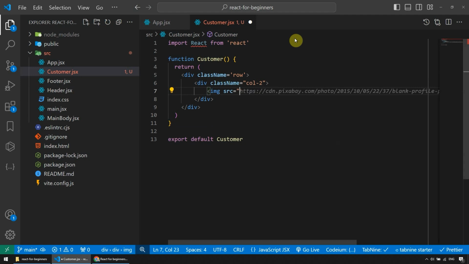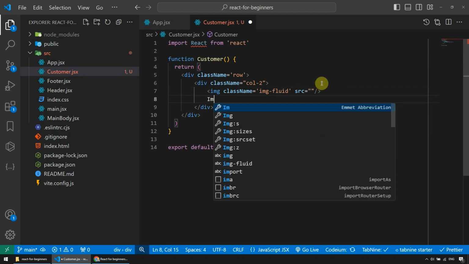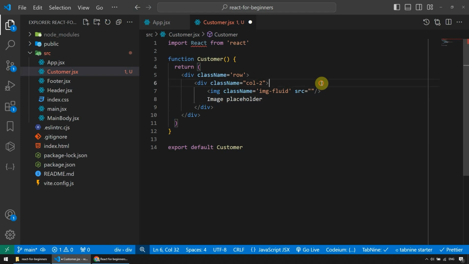This is fine. Let me just give it a class name of image-fluid, and I don't need the alt here, and I'm just gonna say here image placeholder,